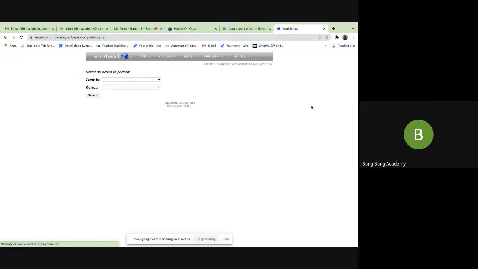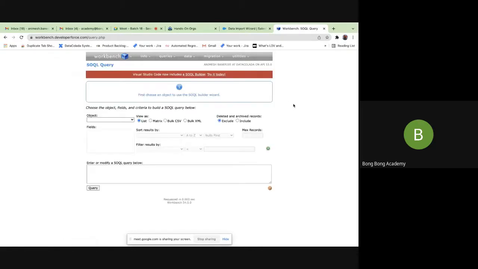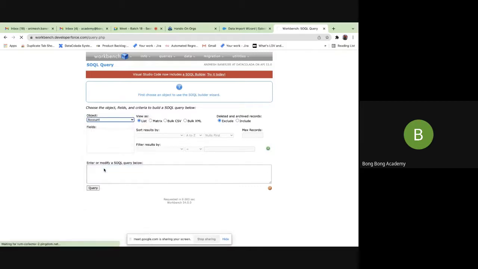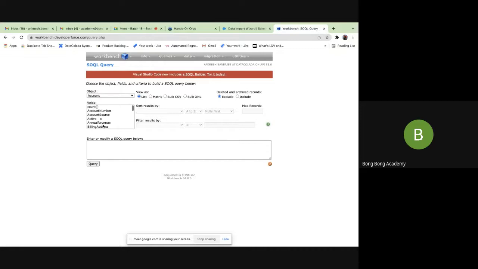Workbench is another tool which we have seen in the past. We'll use this tool also and practice on all tools. Here it is easier for you to look at all the operations in quick succession. So let's look at the first operation, that is read all. Let's go to the account table. The first table we are looking at is account. What is the most important or mandatory field on account? Tell me.